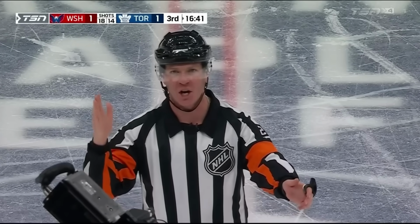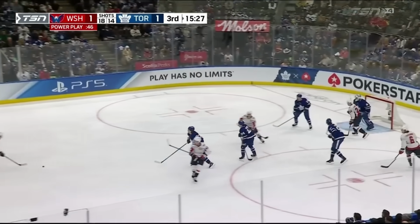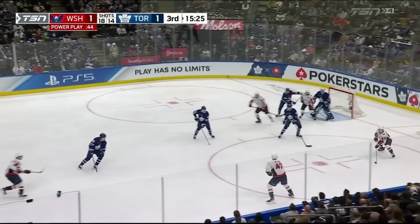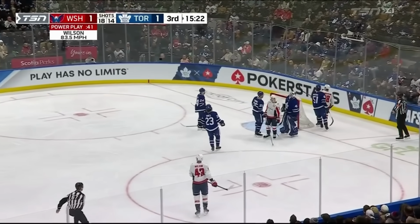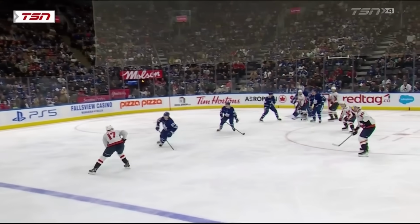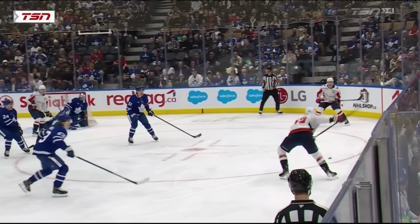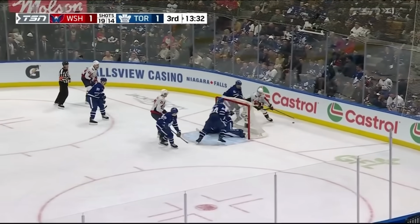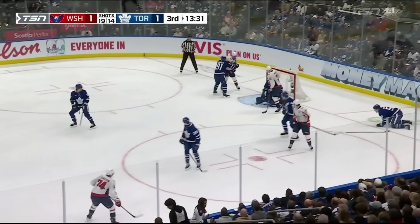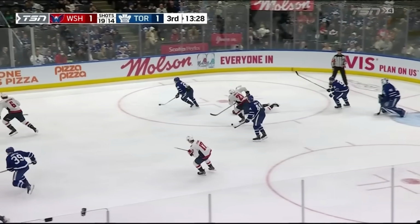2-minute minor. And Chychrun is pulling on his lip, I think, trying to say, no, it wasn't a high stick, it was just flashed. Drops it back to the point once more for Strome. Strome into the corner, back to the point, and a shot going wide is snared rather emphatically by the goaltender. The puck goes to Strome. Strome around back of the goal, banking it back to the point, a shot, and in traffic, a good save